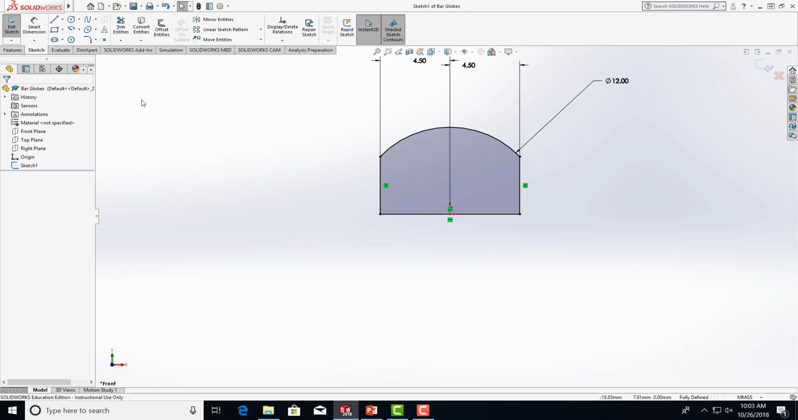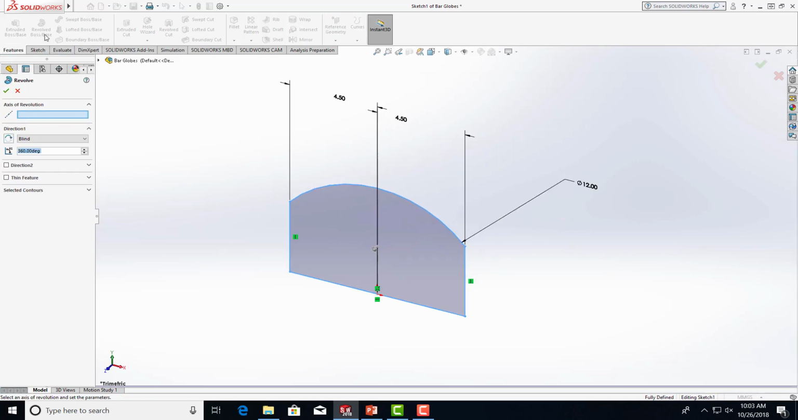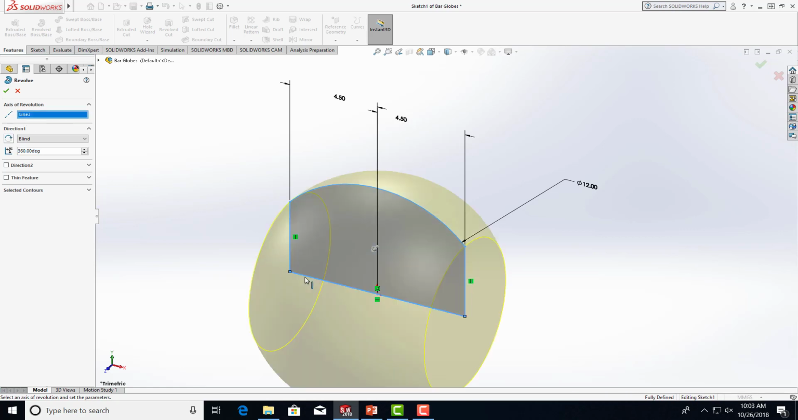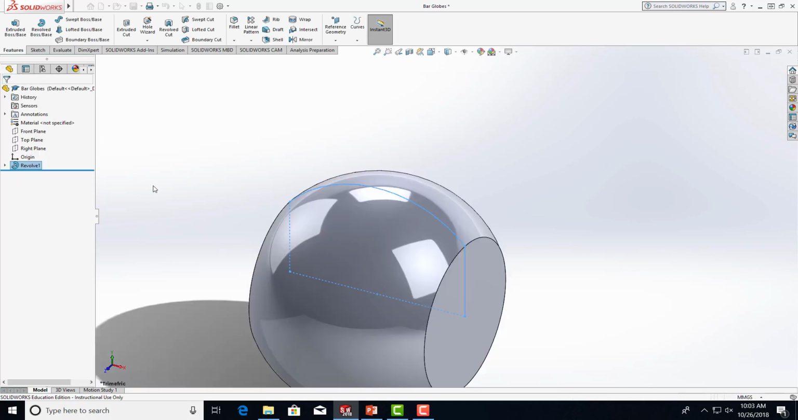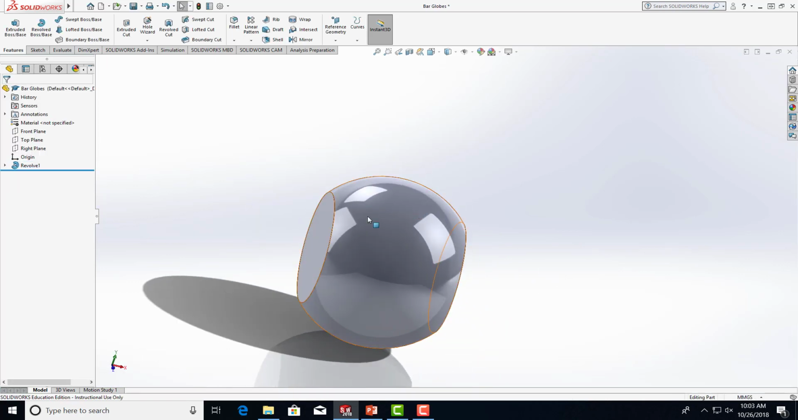And now we are going to revolve. So go to features and select sketch 1 and select a revolved boss or base and give an axis, which is this one, and say OK. And this is our part. Now we are going to